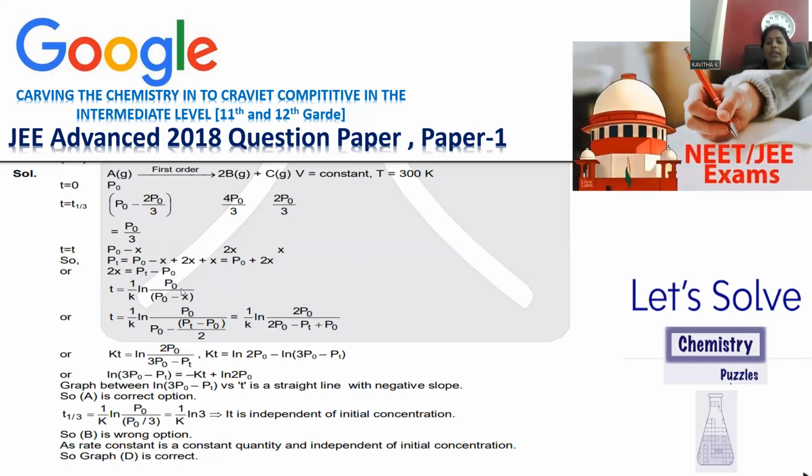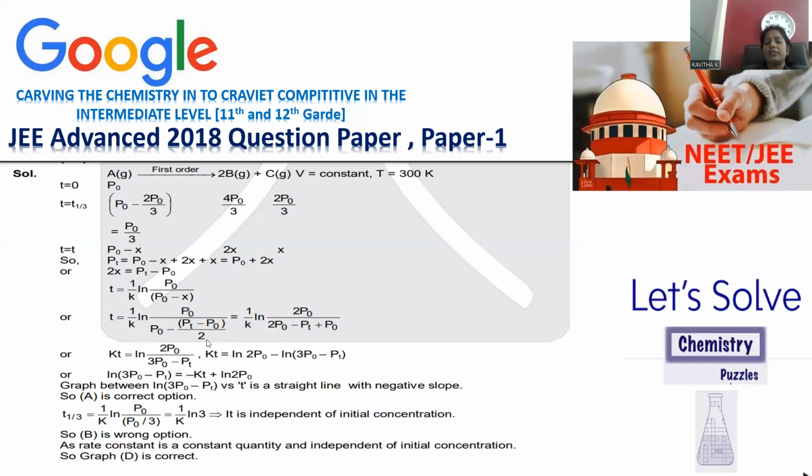Then what I am doing, the x value can be substituted. How can I substitute? 1 by K ln P naught remains P naught only. Here P naught remains P naught only. But x is equal to (Pt minus P naught) by 2. If 2 is coming this side, that will become the denominator. So that P naught minus (Pt minus P naught) by 2. Right? So this is T. T means at time T. Okay. So here what we have,